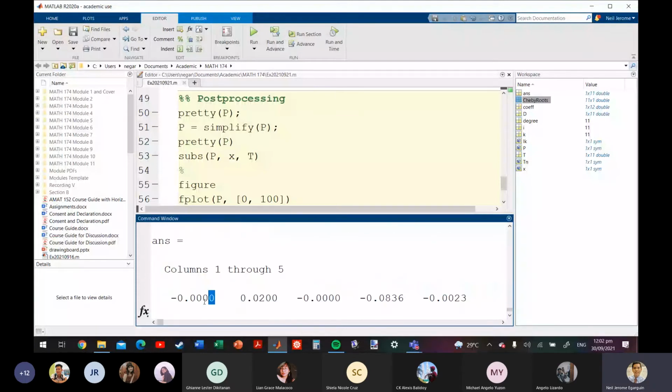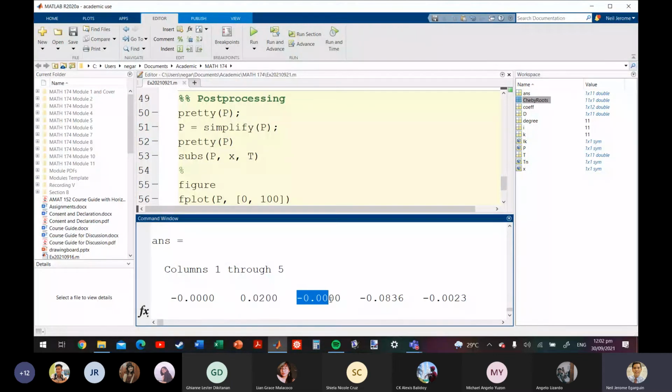So you see you have something close to 0 as the coefficient of x to the 10th, and then followed by 0.02 or something close to 0.02 times x to the 9th, and then something close to 0 and so on.